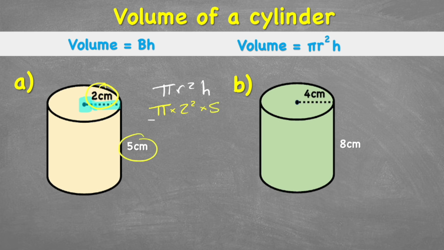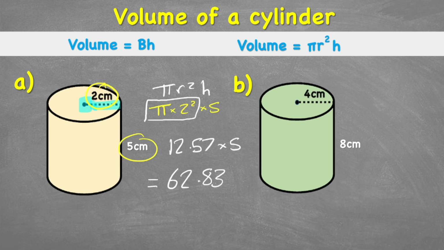Now I'm going to be very careful and solve this part first, because this is going to get me the area of the circle. So on my calculator, I'm going to press pi multiplied by 2, but instead of pressing equals, I'm going to instantly press the squared button, which is the x with a small 2 by the side of it. And now I can press the equals button, and that gives me an answer of 12.57 to 2 decimal places, and then all I'm going to do is multiply that by 5, which gives me a total answer of